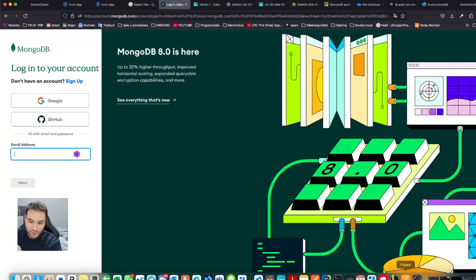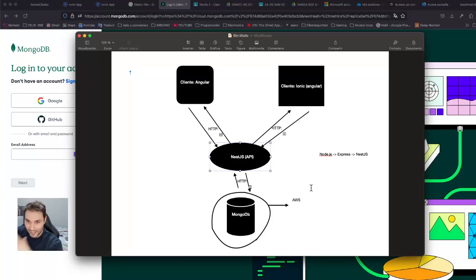In the end, it's just a physical place somewhere which is storing our database, and we will access it through a URL that they gave us with a user and a password that we set in the user inside of the MongoDB website, and this way we can communicate the API with the MongoDB database in the AWS storage. Okay,